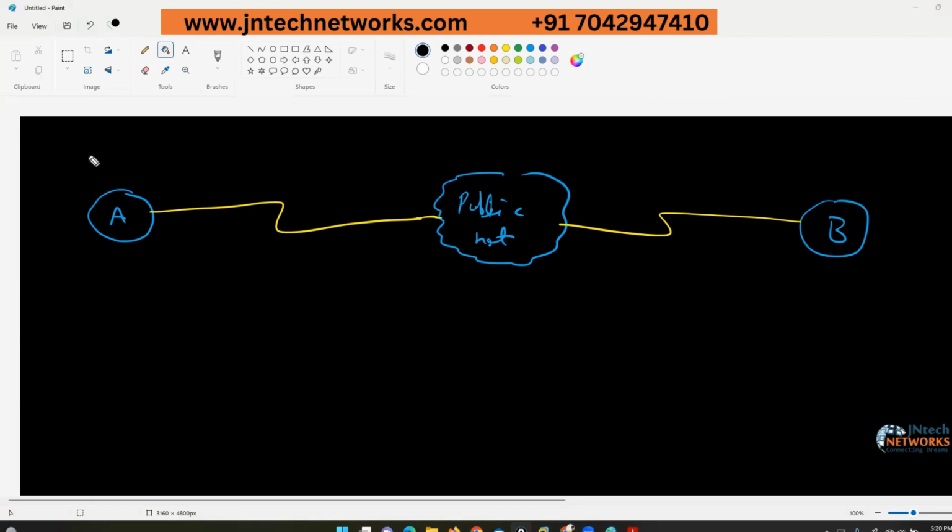So the scenario is, what if traffic is traveling through this untrusted network? You can see, guys, this site A is on a public network, this site B is on a public network, and the attacker, or hacker, is also on a public network. He's also on an untrusted network, on the internet. So if traffic is traveling through this untrusted network, it may be possible that this attacker can capture this traffic,